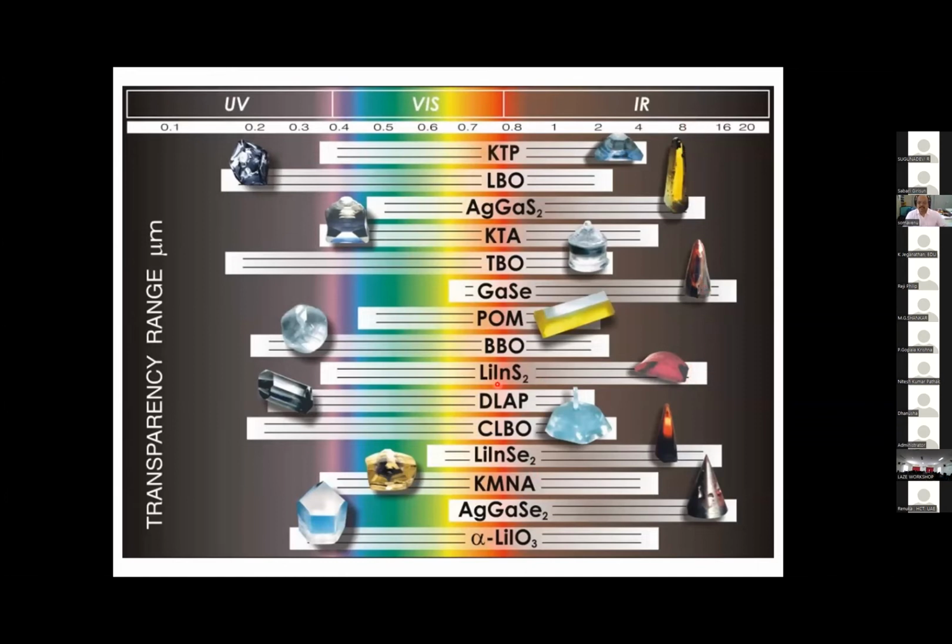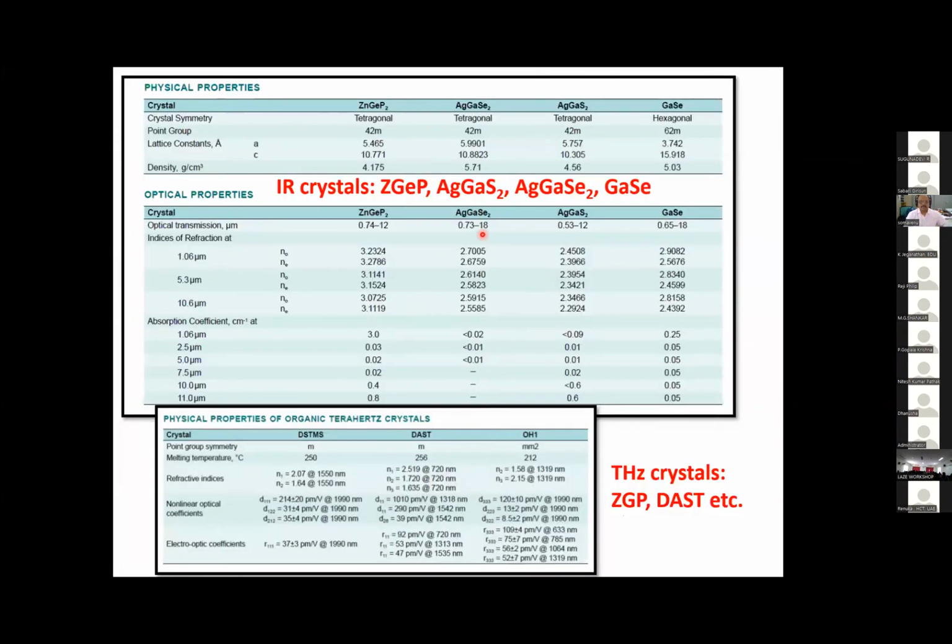So various crystals are there. These are routinely grown now. These are commercially available, so you can choose any crystal which you want. You can specify the cut angle, you can specify the thickness, and you can specify the coatings. You'll get your crystal. Some more data sheets are found out: infrared crystal, zinc germanium phosphide, silver gallium sulfide, silver